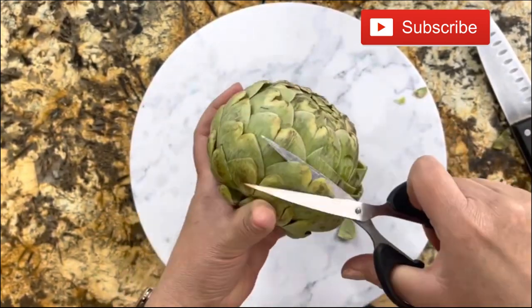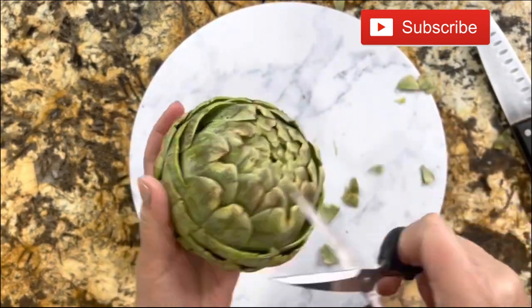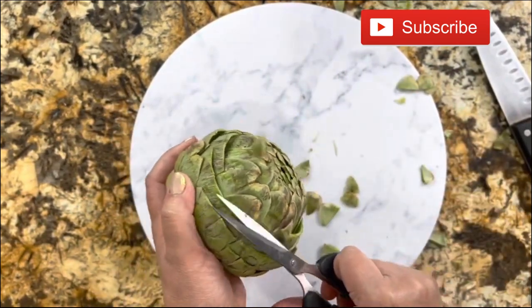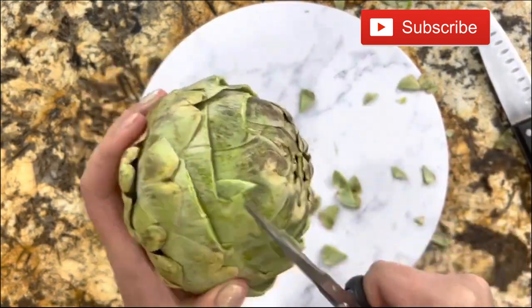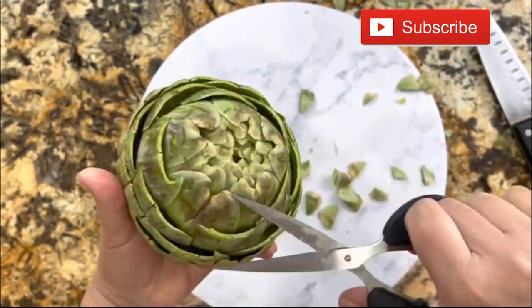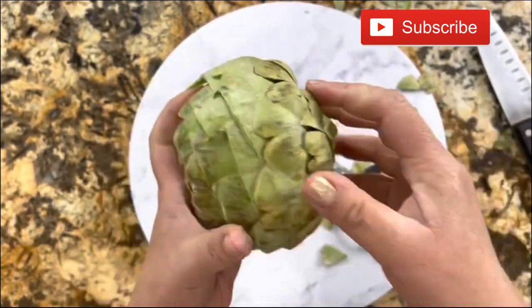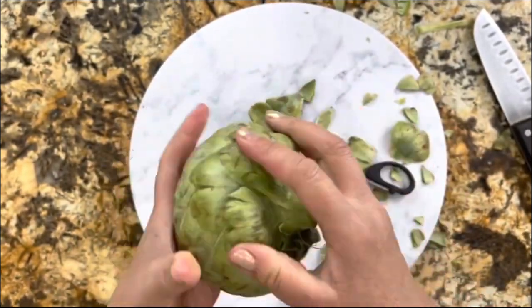And let me tell you, this vegetable has so many properties. High in vitamin B6, vitamin C, potassium, calcium, low in calories, high in fiber, so many benefits that I am sure you're really going to love preparing your